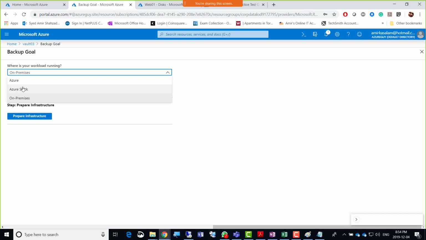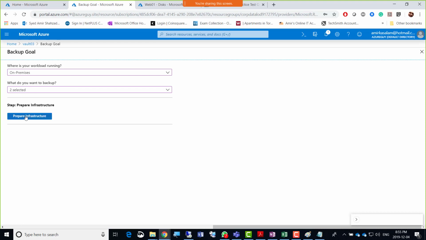So above your hardware, this Azure platform will be created, and the Azure platform will be exactly like the Azure platform you see up there, but down under that will be your hardware, your physical servers. So it is a downloadable Azure platform that you can put on your own hardware. Then you have to handle the hardware as well as the Azure platform. Up there in cloud, you just handle the Azure environment. So this whole environment can be created in your own hardware as well. So you download a very big software called Azure Stack. So guys, this is on premises there, and so where do you want to back up?